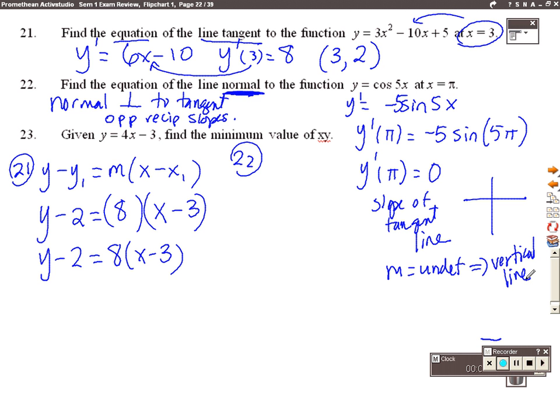We know that if the slope is undefined, that implies that we have a vertical line. So what we're looking for is the equation of a vertical line, and the equation of a vertical line is x equal to a number. Well, we have our x equal to up here, so the equation of our line is x equal to pi. And then finally,